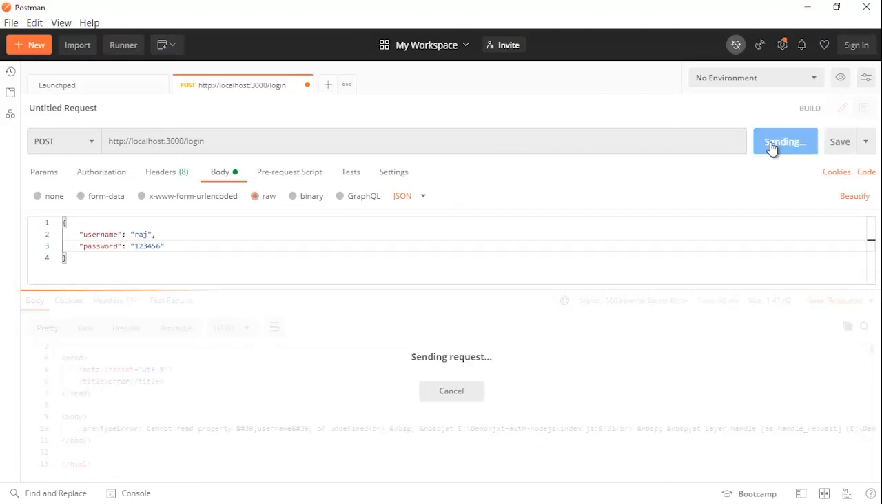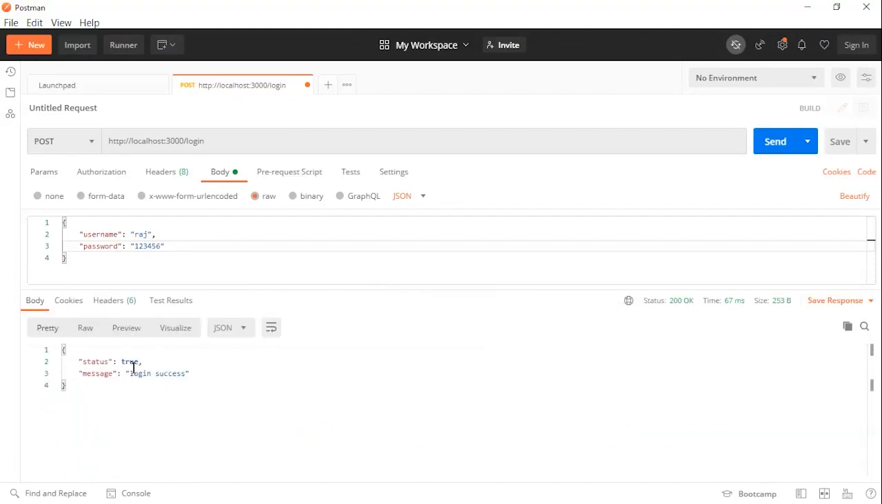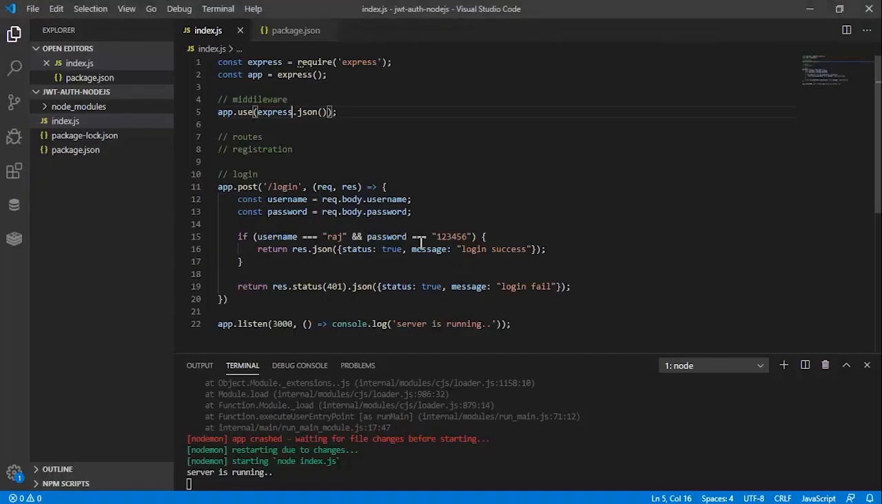If I hit send, you will see it says true, login success. Say if I just provided a wrong password, send, and you will get login fail. So yeah, this is right now only the basic setup of our login, and now we need to implement